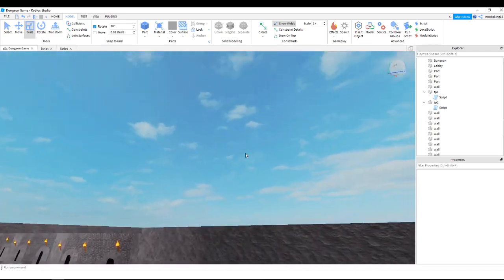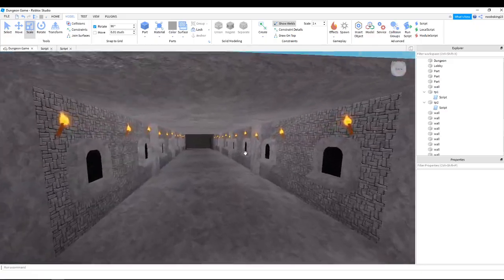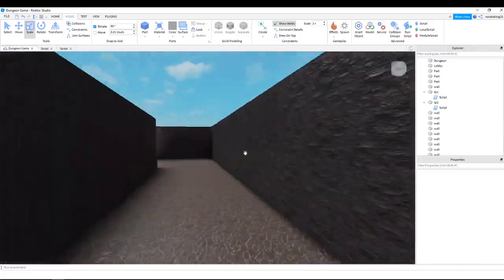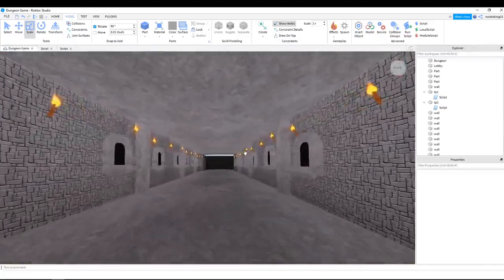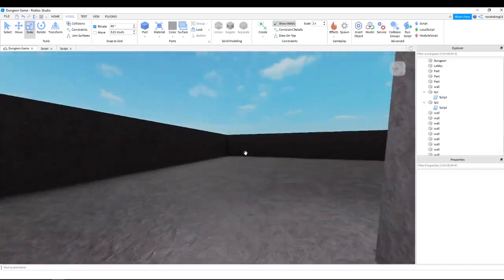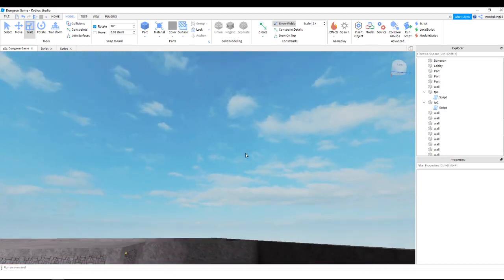Alright, so we could add some lighting later. So that's going to be quite a good little dungeon. So you get the idea. You can kind of add your own little custom parts to it. And let's have a look. Yeah, come out here and be a big boss battle there. Okay, so now